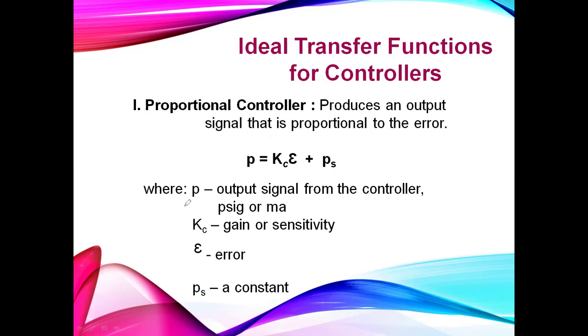It's defined in there that P is the output signal from the controller. Its unit is in PSIG or milliamperes. Originally it's milliamperes, but you had it converted to PSIG using the converter that we discussed a while ago. Your K sub C is the gain, or the sensitivity of your controller. Epsilon is the error, and P sub S is the constant pressure to which your diaphragm is subjected, or the constant pressure in which your controller is subjecting the diaphragm of your